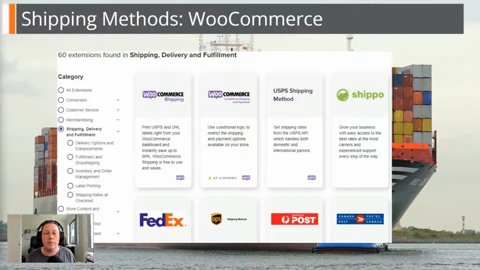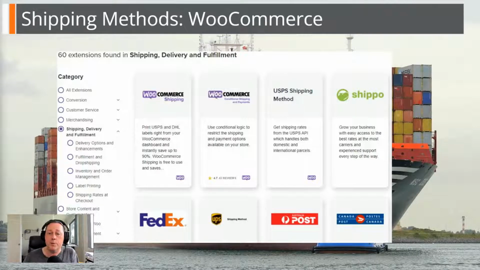The core plugin itself also allows you to define multiple shipping classes where you can group products together that have similar shipping requirements, and then you can apply those shipping classes to each of those shipping methods. Now, if you need to use an external shipping service, you're likely going to find a pre-built plugin, or you can again hire a developer to build you one if you find a service that has an API that you want to use.